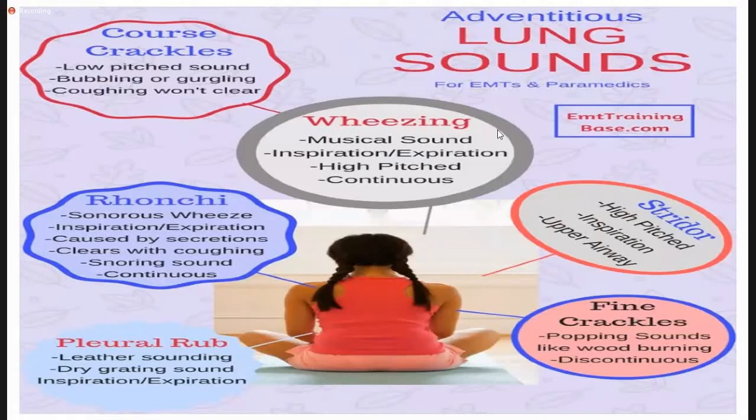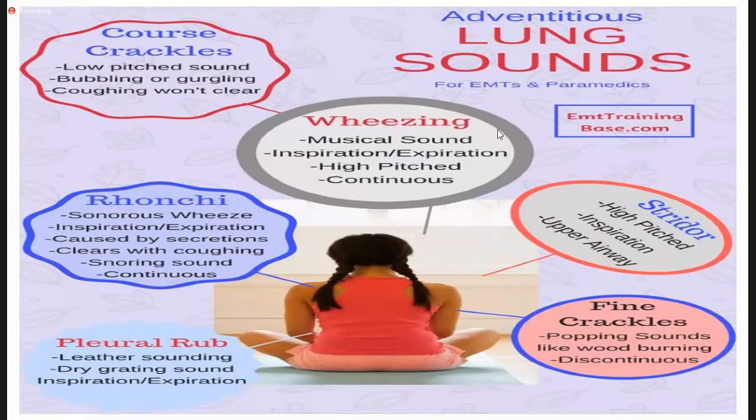Crackles can be of two types. It can be coarse crackles or it can be fine crackles. The causes are different, obviously. Fine crackles can be caused by pulmonary edema or pulmonary fibrosis. These two are the most common causes of fine crackles in your lungs. Bronchiolitis, lung abscess, bronchiectasis can also cause crackles, but these are coarse crackles. Crackles are basically low-pitched, bubbling, gurgling sounds.